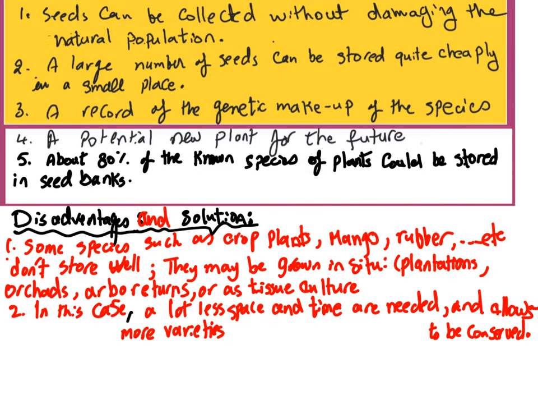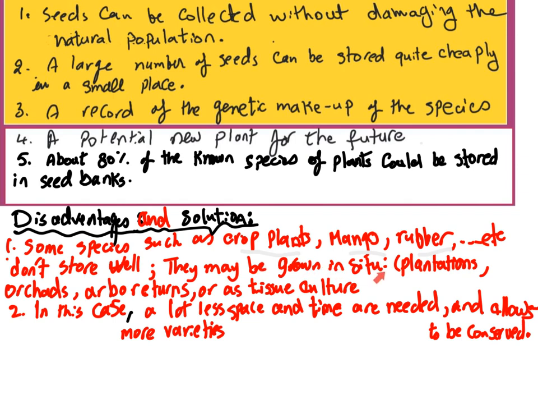But it was found that some species of plants cannot be grown or cannot be stored in the seed bank, like some crop plants, like also mangoes, rubber, and many other examples of plants that cannot be stored in the seed bank. They don't store well, or they can get deteriorated quickly. The vitality of the organism is not kept the same, the genetic makeup is affected, so